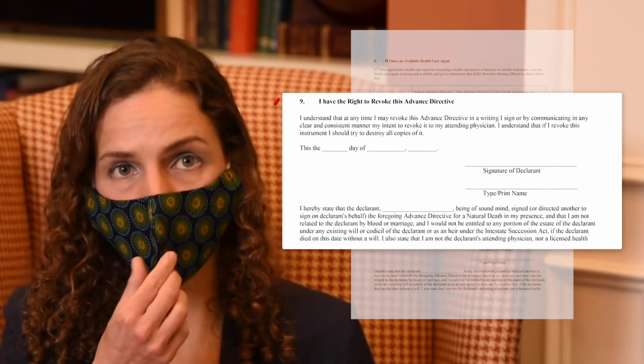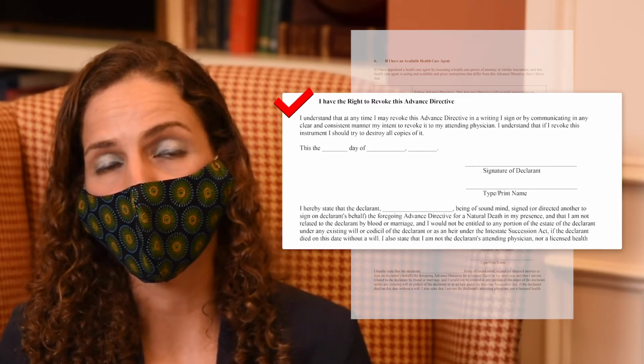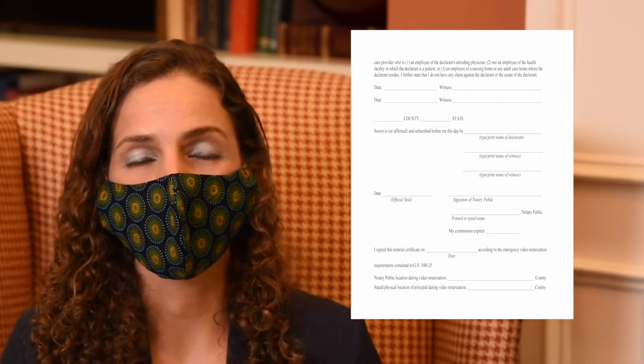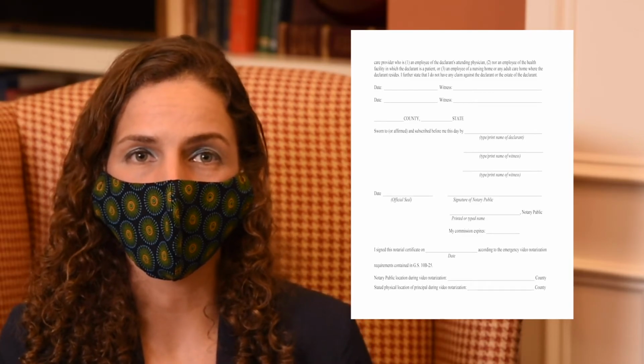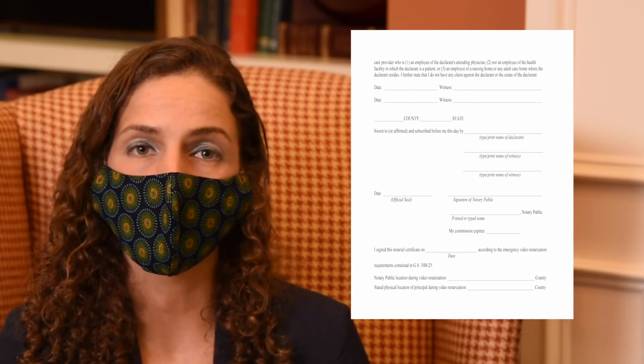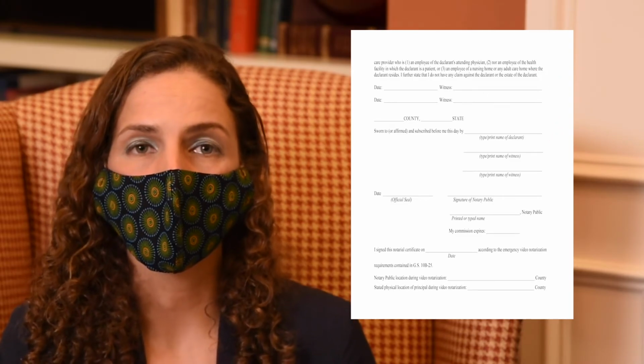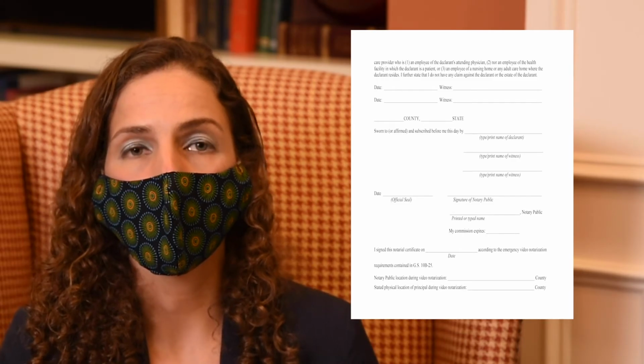Section 9 says that you may revoke this living will at any time by either destroying the document and providing notice to your healthcare agents and medical providers, or by communicating your intent to revoke to your physician. We come to the conclusion of the living will, which, the same as the healthcare power of attorney, must be signed before two unrelated witnesses and a notary. Again, two unrelated witnesses who must not be employed by your healthcare facility, so they have to be independent parties,